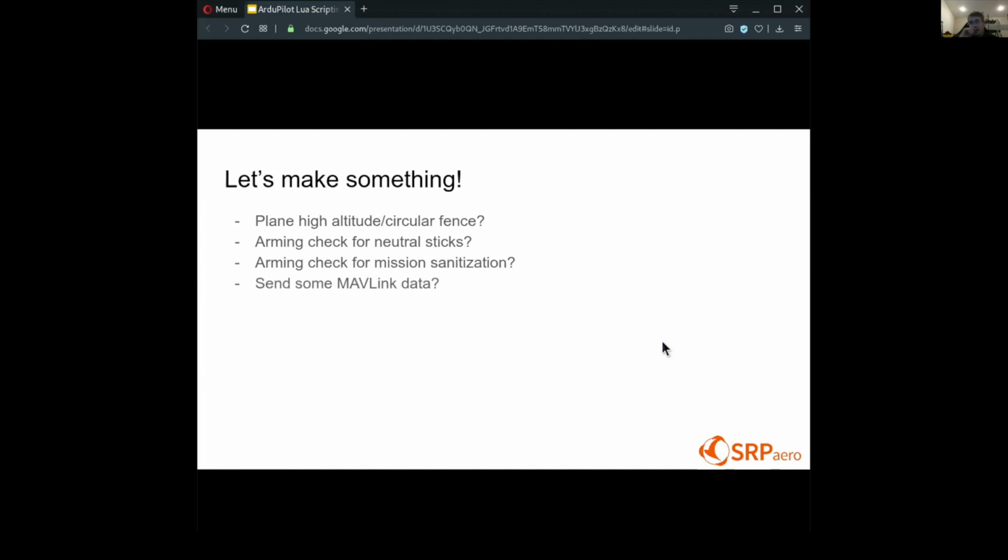Is it trying to take off too high for a quad plane, for example? And then the other one I've thought of is we could try sending some Mavlink data down to the GCS or parsing it, but I haven't really prepared anything specific. So if anybody has questions they want to look at instead, we should bring those up and we can implement